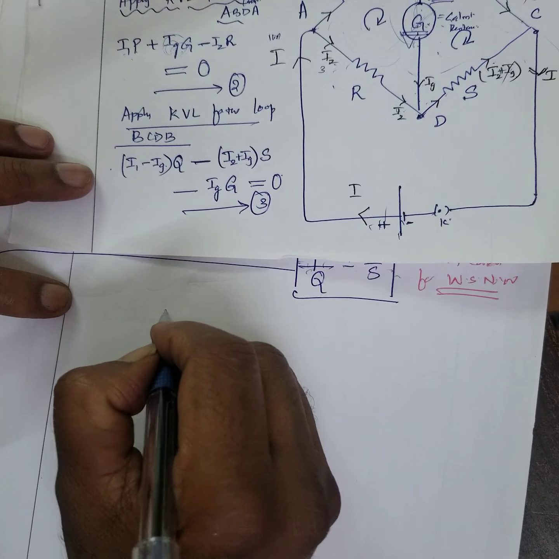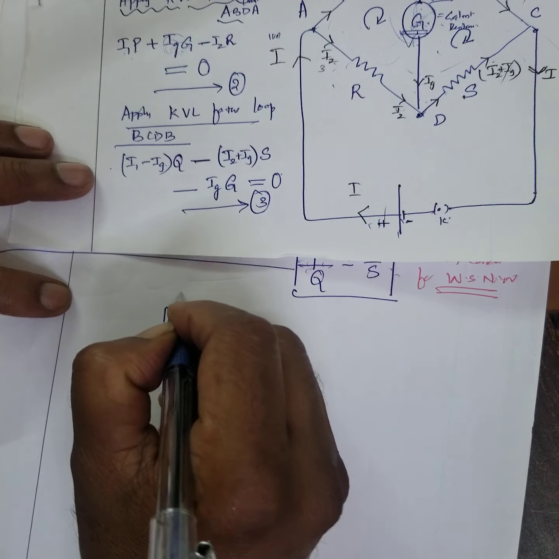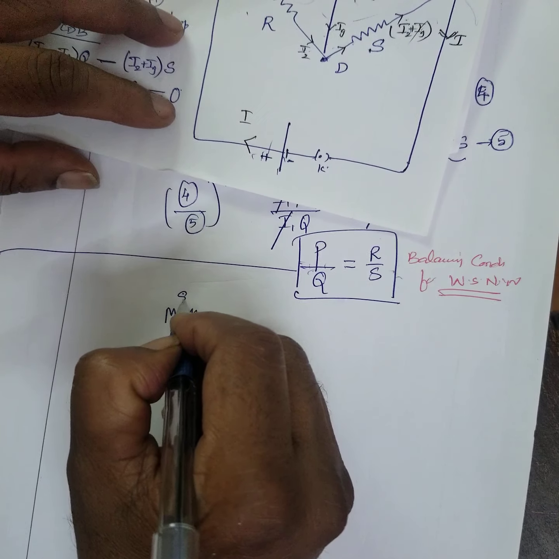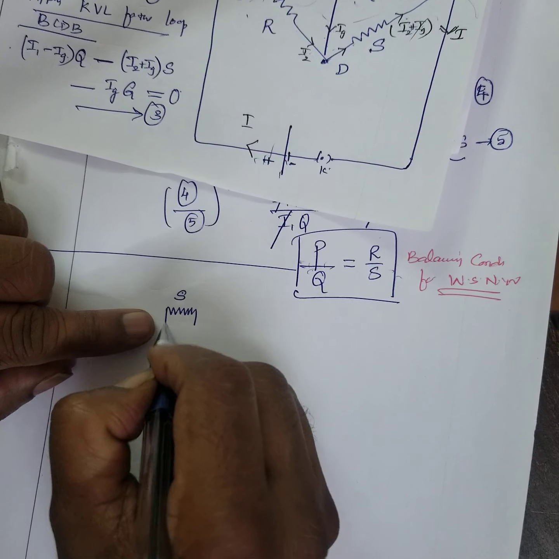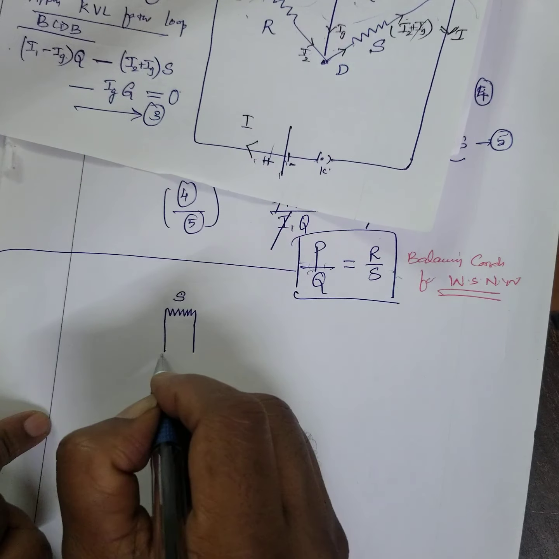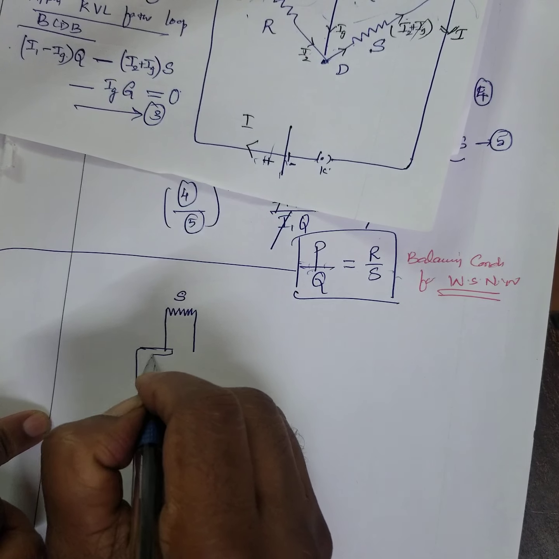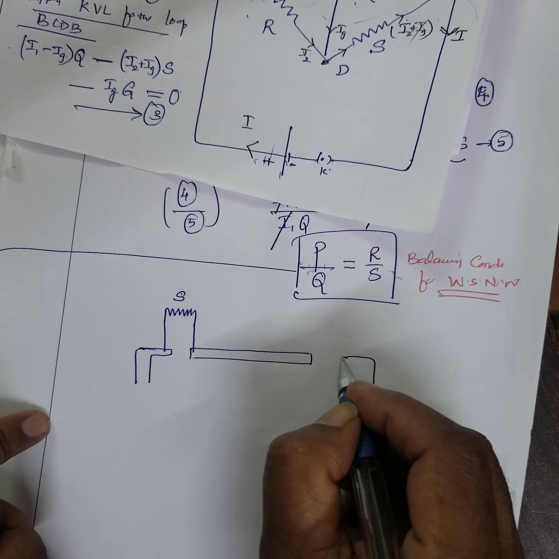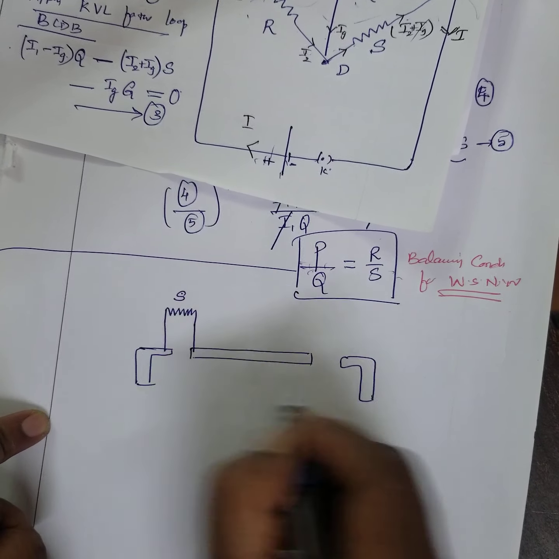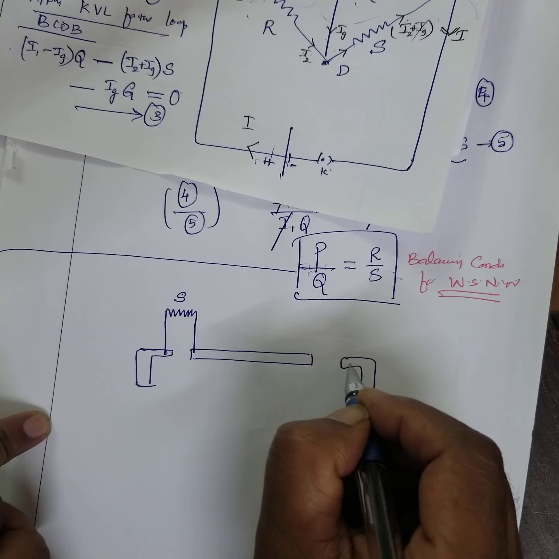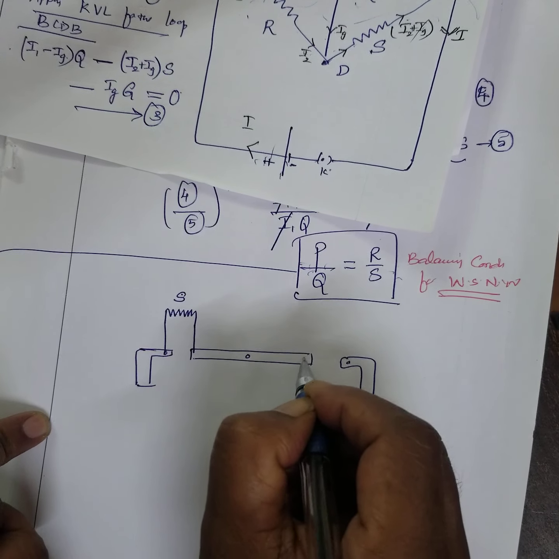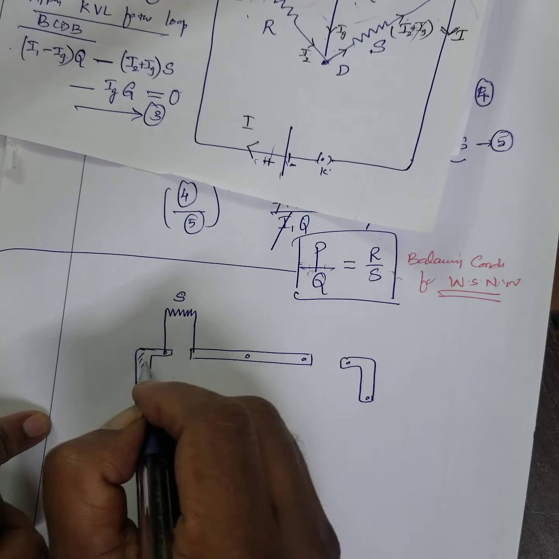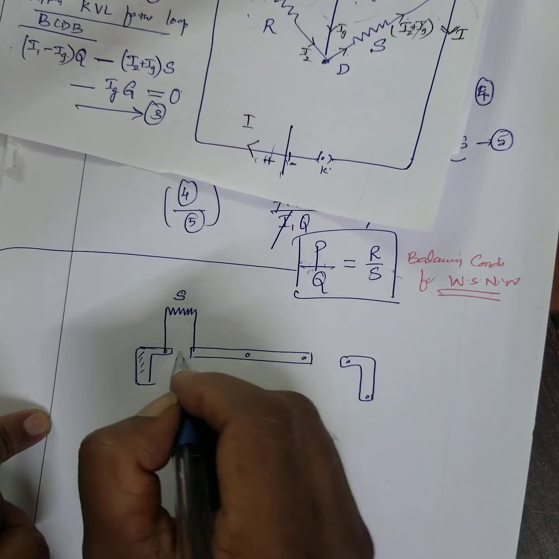The meter bridge consists of a resistance wire. A long resistance wire is connected at two terminals. See, this is called a bridge actually. Two L-shaped metal strips: here is one L shape, and this is another L shape. And one is a normal metal strip, like a scale, kept straight. This is like an I. Then this is one gap.